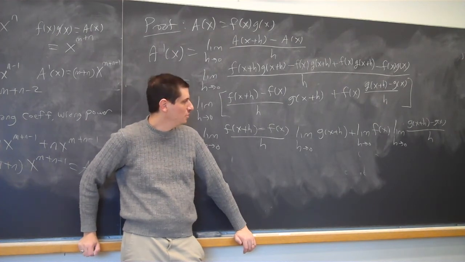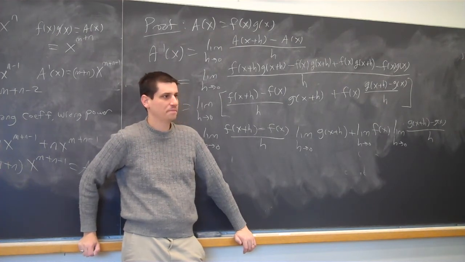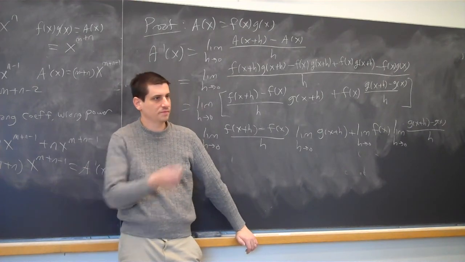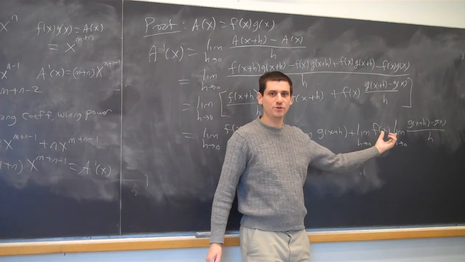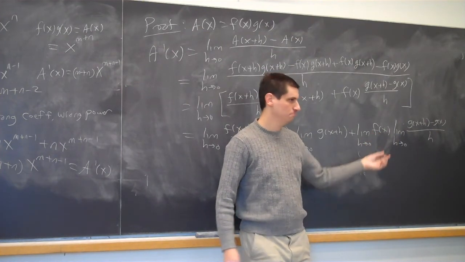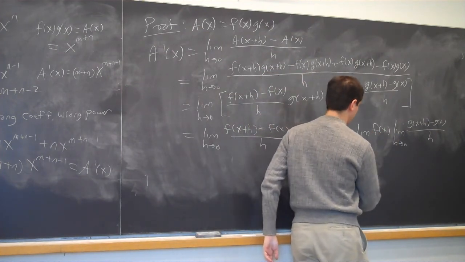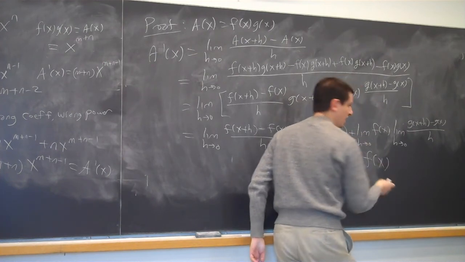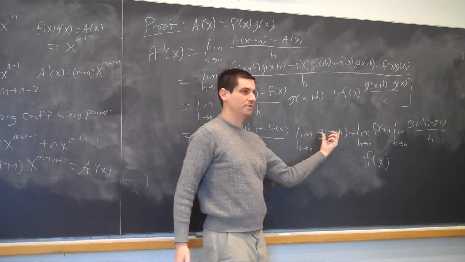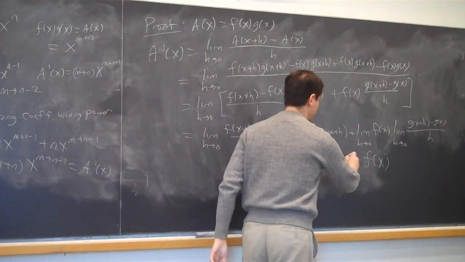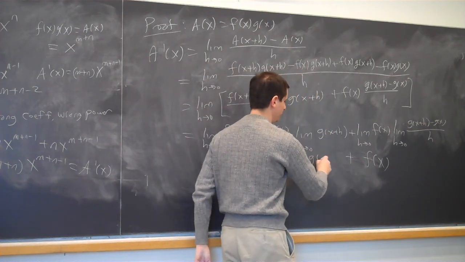So why is the third a little bit easier than the second? There's no h. No matter what value of h you give me, I give you back f of x. So that's going to just be f of x. Now we'll do yours. I think yours is the next easiest. What's this limit going to be? G of x. Yeah, that's the definition. As h goes to 0, we can just get g of x.